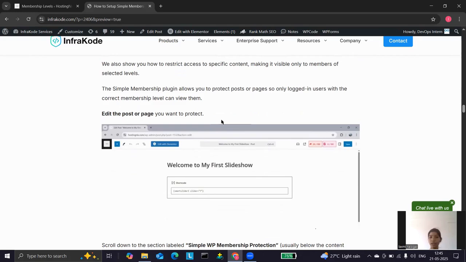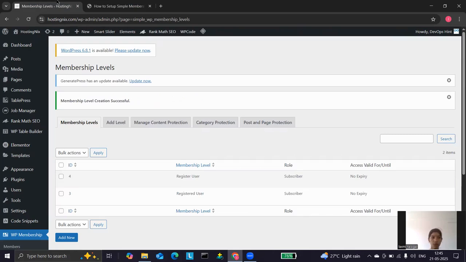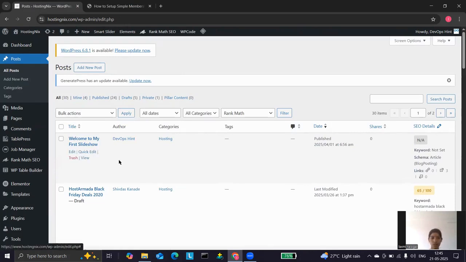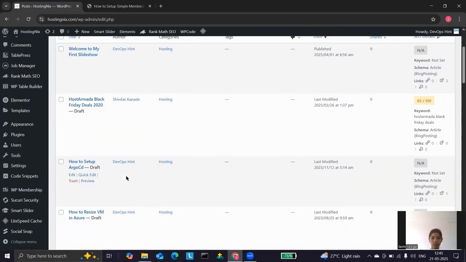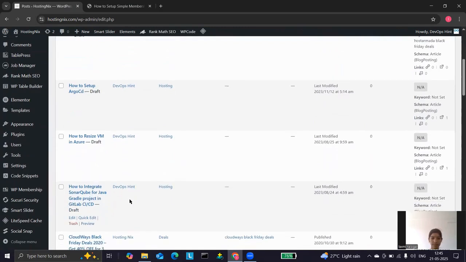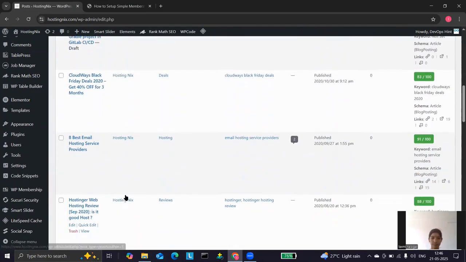For that we have to edit our post or page on our WordPress site. So go to posts, all posts. Just open any one of the posts. So I open one post and click on edit.